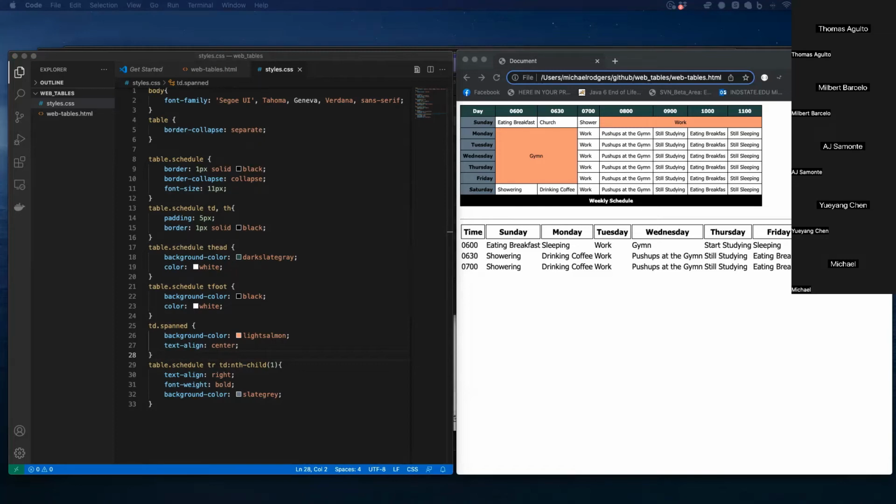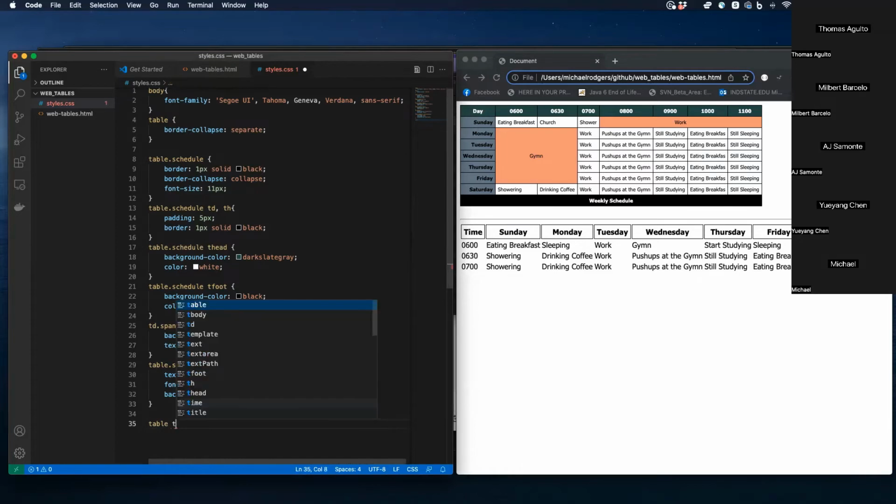And the way we would do that is, again, doing the same process like we did before. We'll come over here, we'll specify within our table. Actually, let's do this on the bottom table to make it more visually understandable. So we're going to say this affects all tables inside of a tbody,